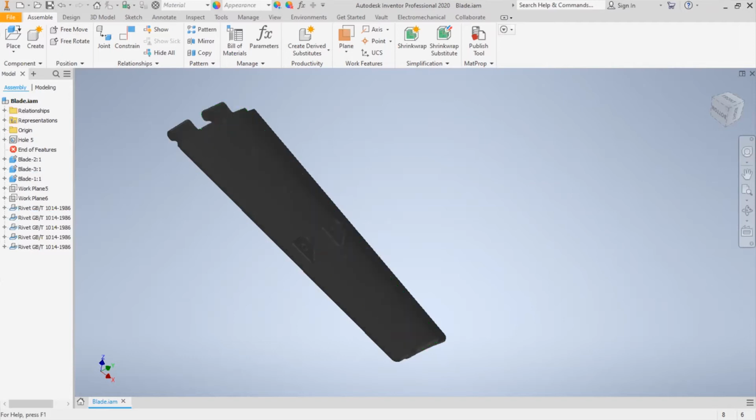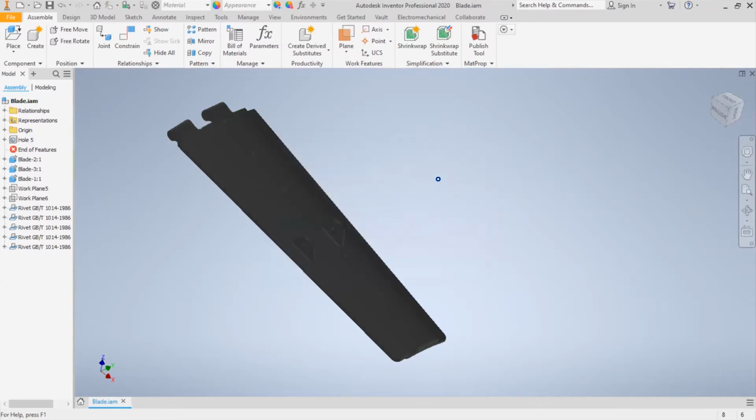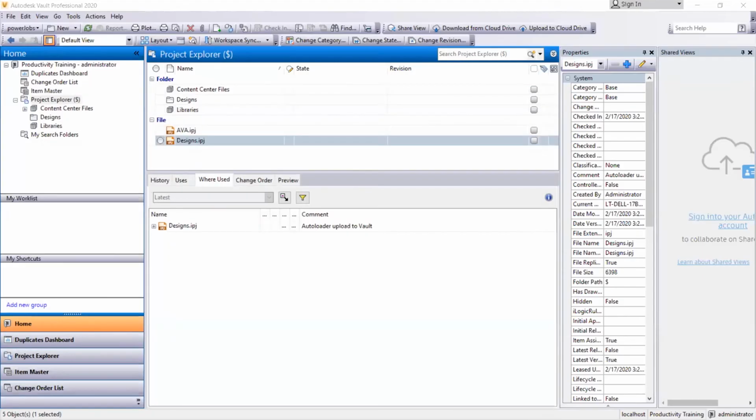So now that we have this resolved, we're going to go ahead and save it and close out of it. So again, this was a pretty straightforward fix. It was missing that link, or that link was broken. We just needed to fix it, make sure that it found that rivet. So now if we run our Autoloader again,